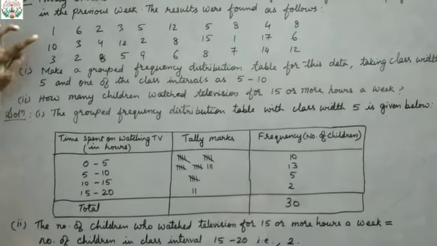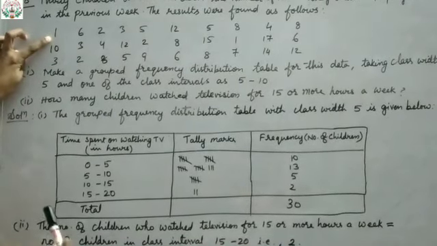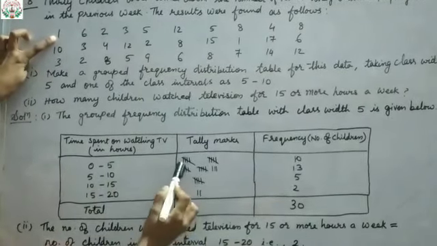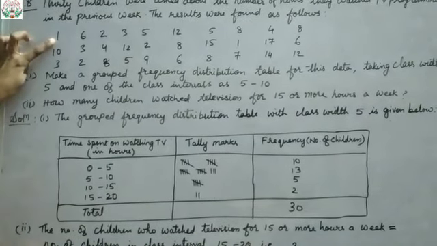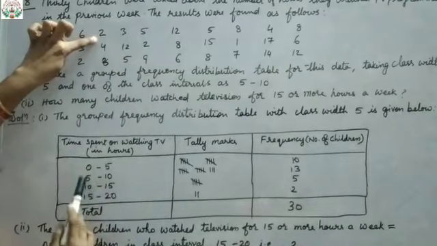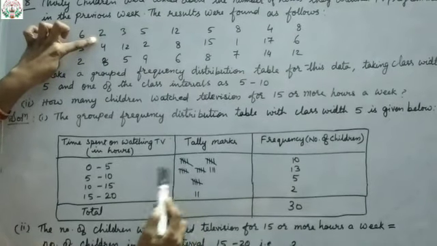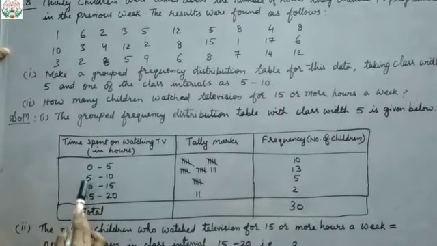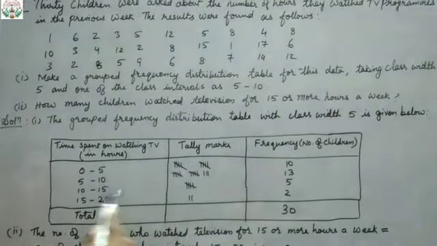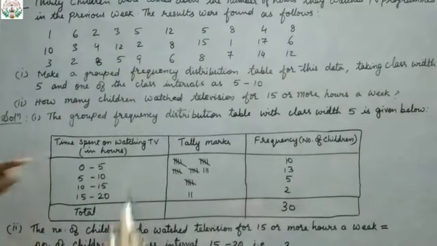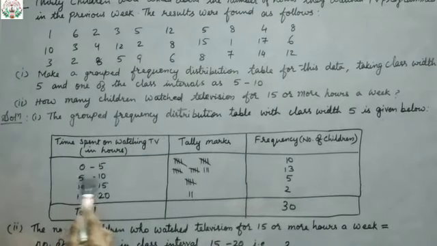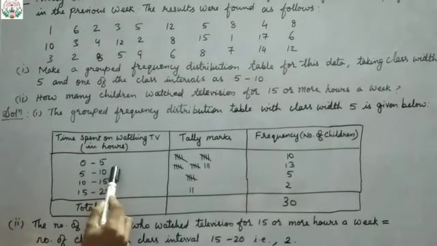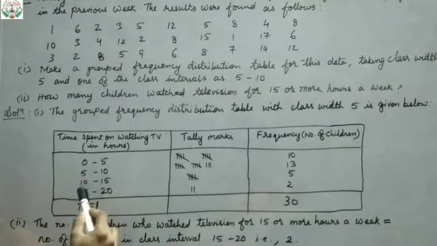Okay. So the first one, as you have seen, is 1. So 1 will lie between 0 to 5. So here we'll draw one line, that is a tally mark. Then again 2. 2 is also between 0 to 5. So one more line. Then 3, one more line. Then as 5 is there, 5 will come to the next one, not here. Okay. So either you go serially and draw tally lines in the particular class interval, or otherwise first finish off one class interval, then go to the next, and then the next.